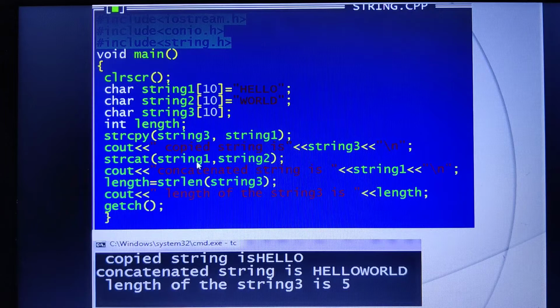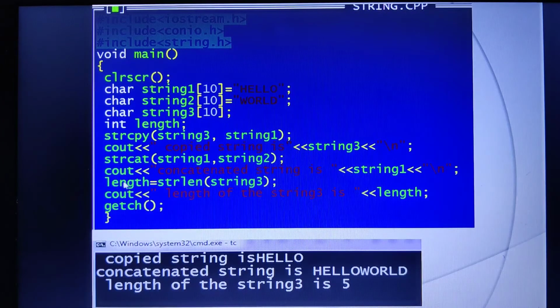Therefore, string 1 should have enough storage locations to hold the contents. That is why I have given 10 here instead of 5, because when I perform concatenation, the contents of string 2 will be attached at the end of string 1, and string 1 should have enough capacity to hold these characters. I hope you are able to understand.